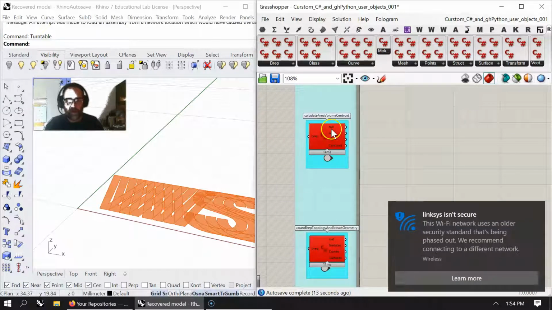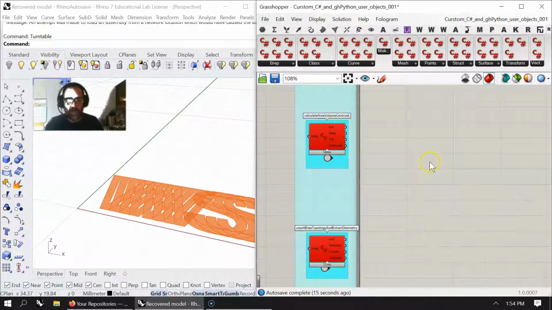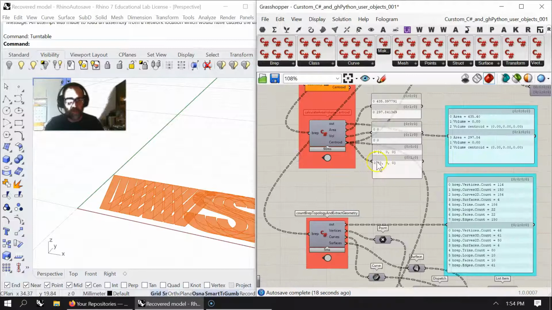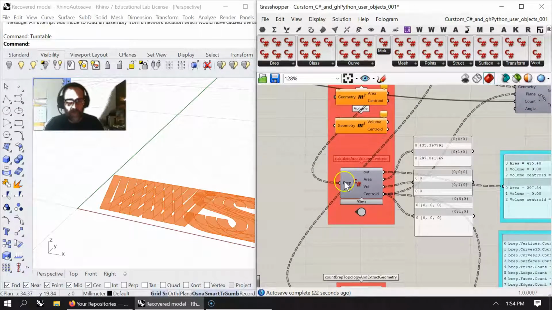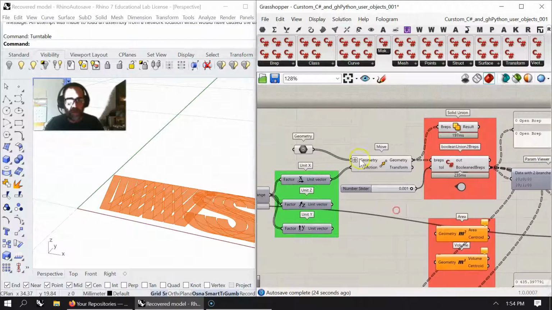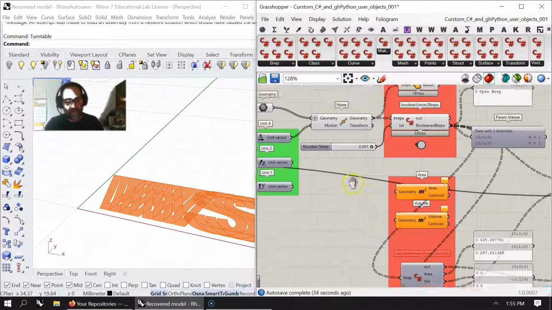I'm trying to use calculate area, volume, and centroid. So let's go there and see what that one's doing. And basically, I take the data out of that one, which is those contained breps. I bring them in as the breps. At times, you have to graft and you have to flatten things. Otherwise, these will crash out. They don't have any safety, even though the other ones will crash out. But these will really crash out and shut down your program if you're bringing data in